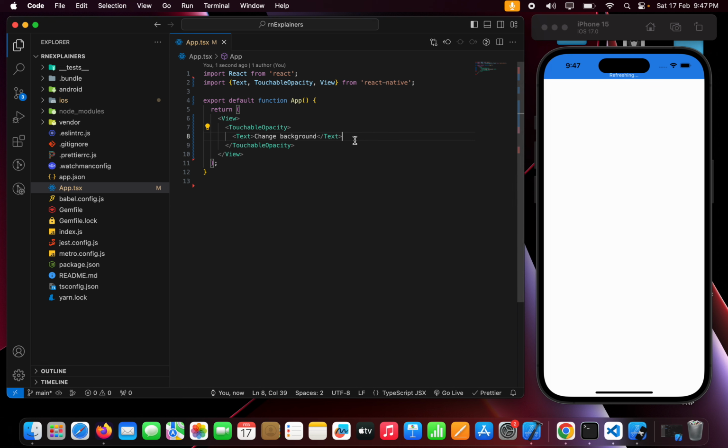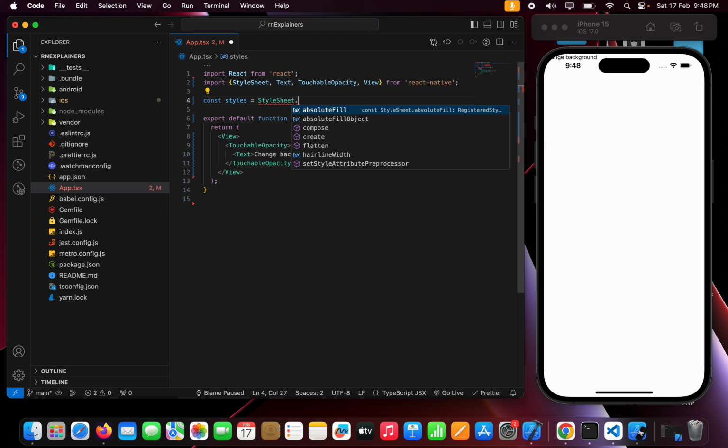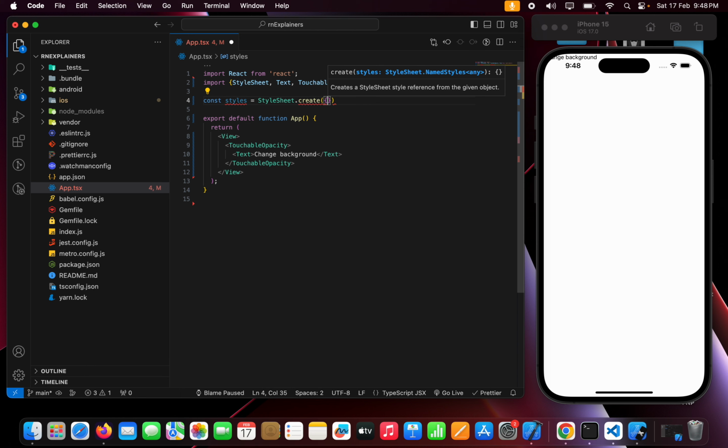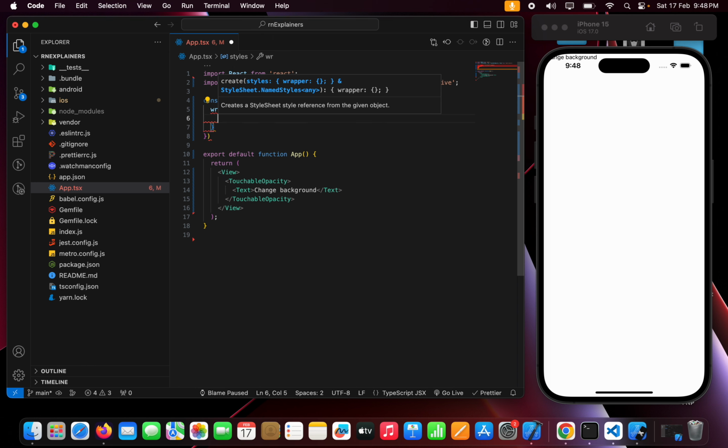So to show it in the center, we will be needing some styles. So let's create some styles here. To create the styles, we will be again importing the StyleSheet component from React Native, and in that StyleSheet we have one create method. We're going to call that, and it takes an object as an argument, and in that argument we will be mentioning our styles. So the first style we are going to create is a wrapper style, and in that we will be adding